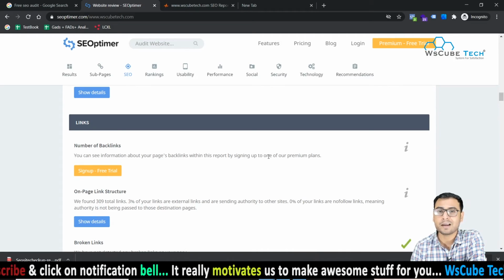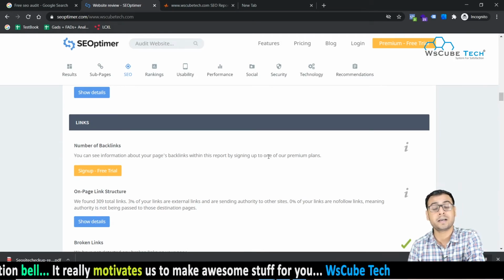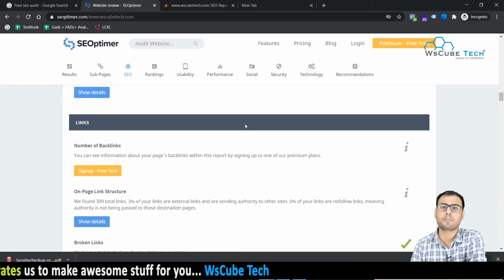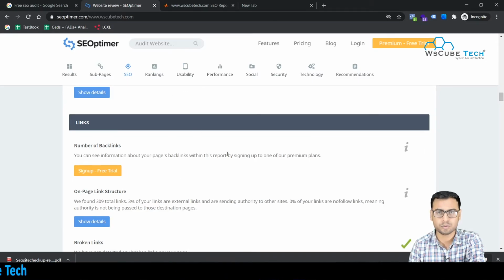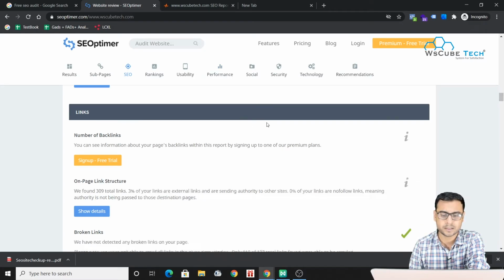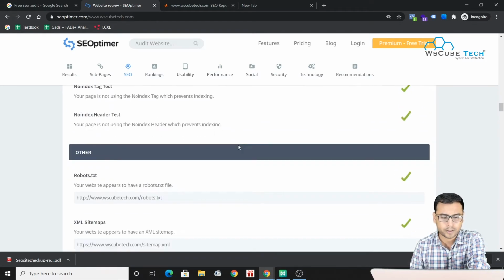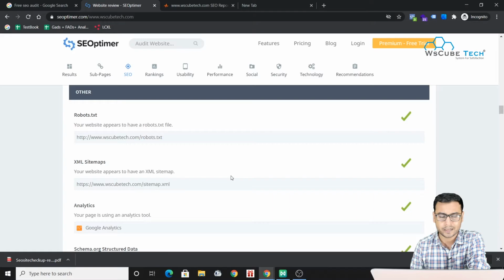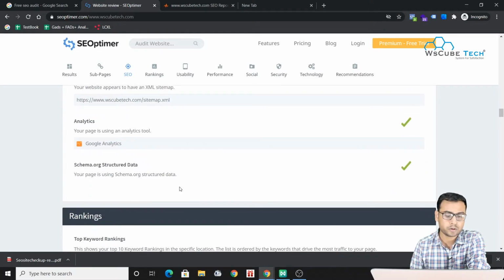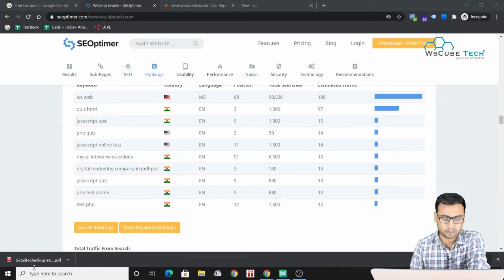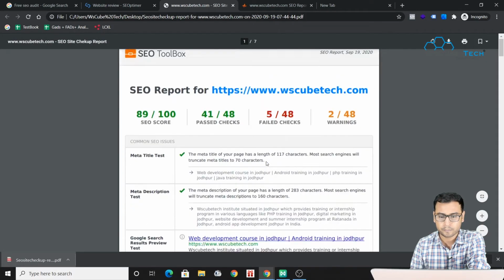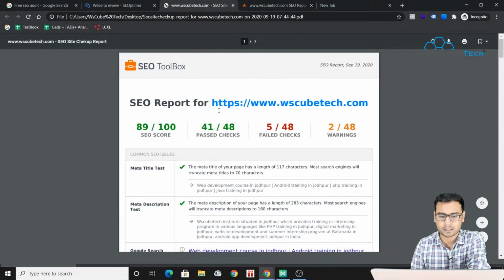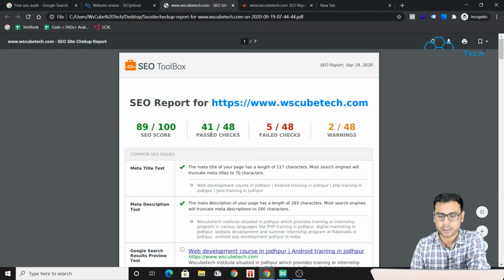You cannot rely on these tools for your advanced SEO audit. So if you get any project from your client, then this is the first thing that you have to do. Just go through these websites and do a basic audit, to see what they are actually telling us. You can also download the report as we did from SEO Site Checkup. They give us a PDF form of the report. There are 5 failed checks, 41 passed checks, and 2 warnings also.